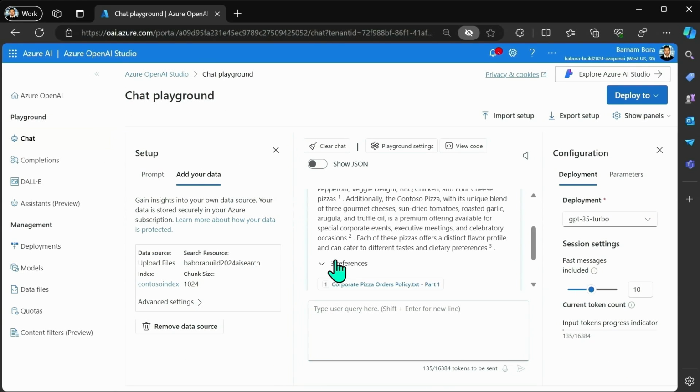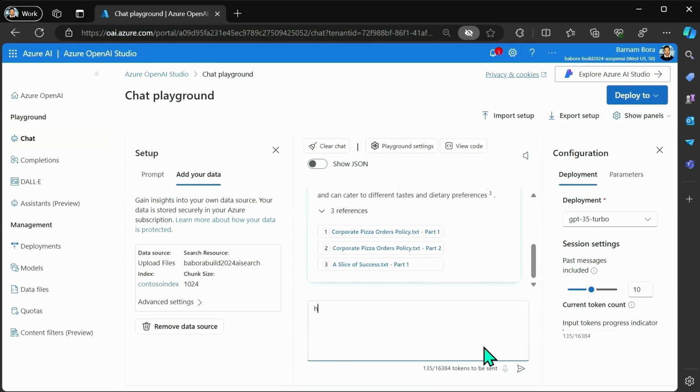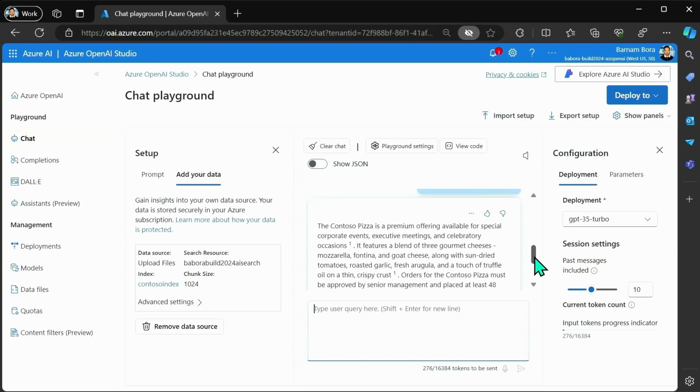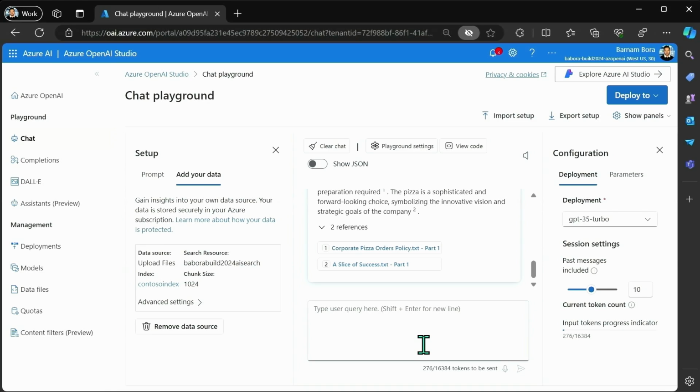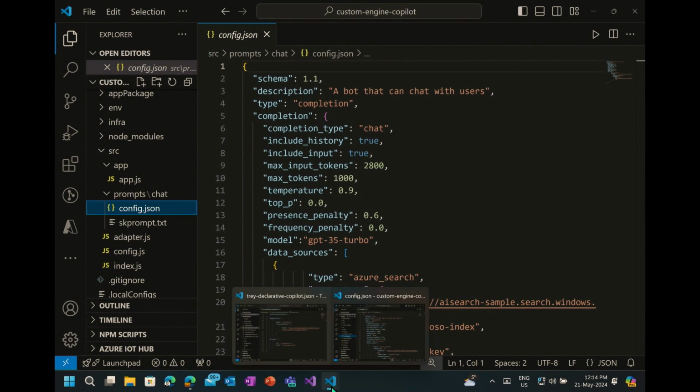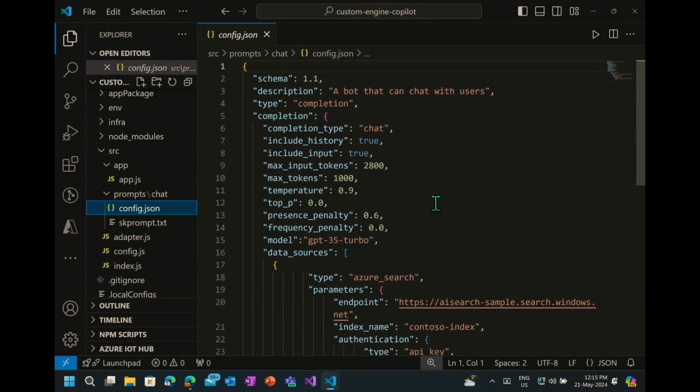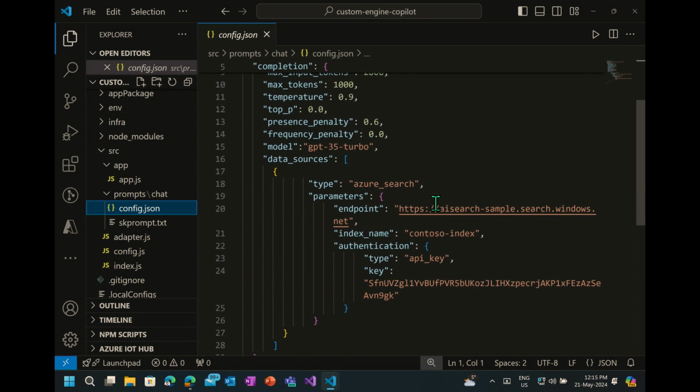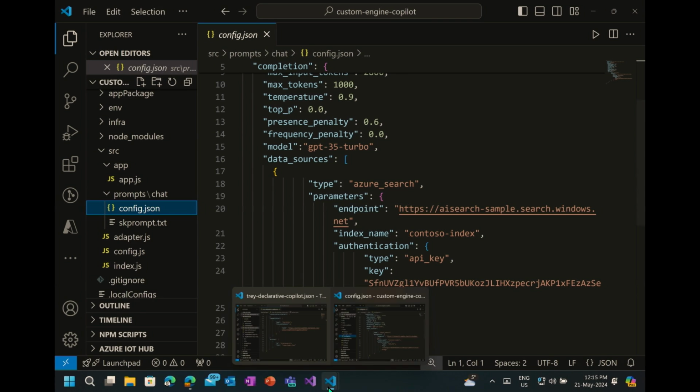Now, if you've already done this and you have access to a custom model or you're bringing your own model, you then go to your VS Code environment. In your VS Code environment, you're able to edit this functionality and edit the project.